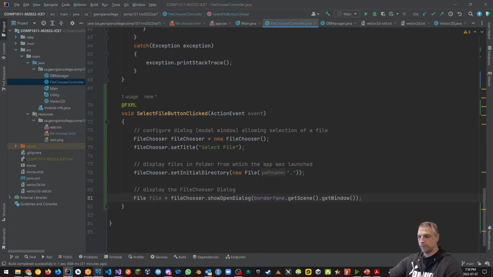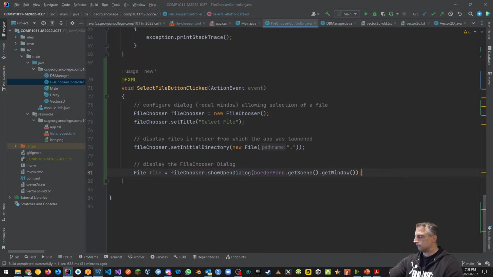Okay, so border pane was just a trick for us to be able to get access to the window object. Okay, that's what we wanted to do. All right, so that is what it does. And what's the next step? So the next step will be,